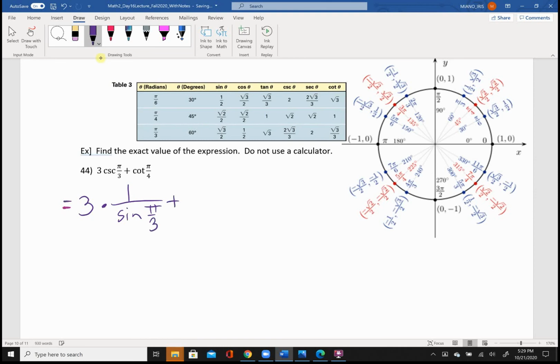Plus, the cotangent is the cosine over the sine of pi over 4. Okay, great. So now I can go to my unit circle reference if I haven't memorized it yet, and more or less just plug and chug. So what is sine of pi over 3? Let's start there. Well, pi over 3 is here. Sine is the number in the first position, which is,